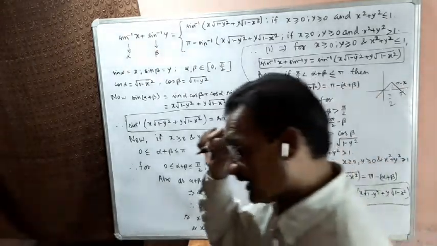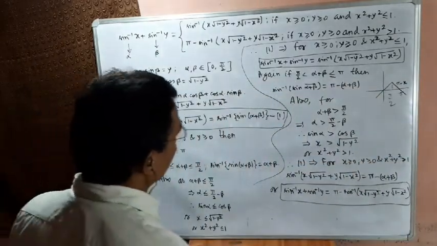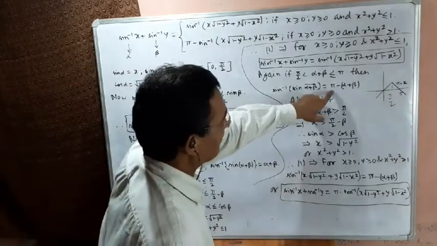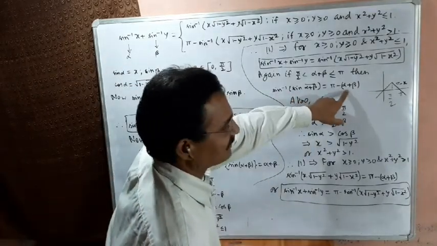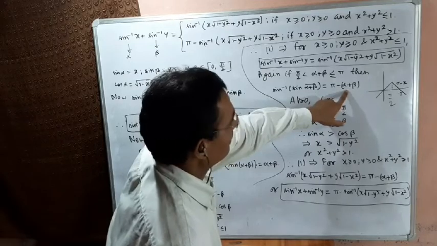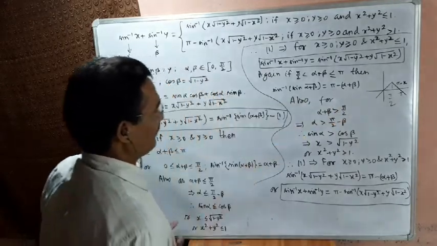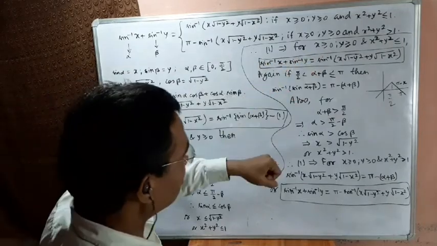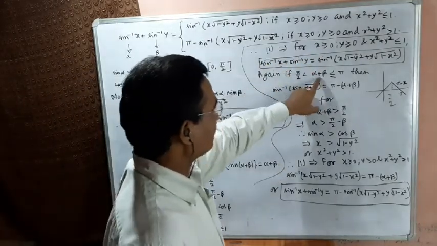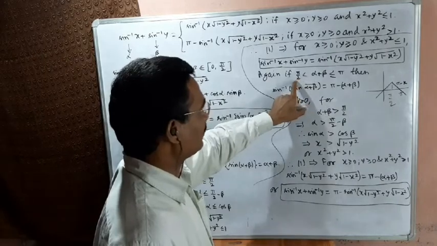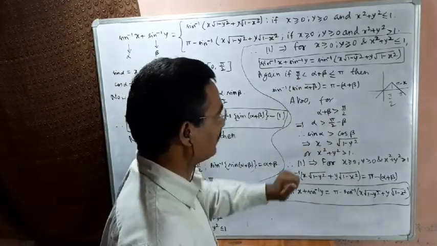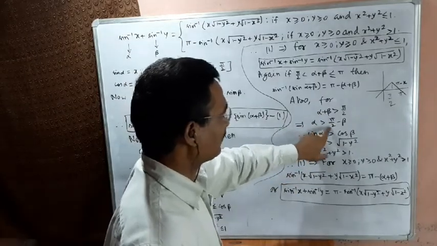Pi minus x, and therefore in this interval, sin inverse of sin of alpha plus beta will be pi minus x, that is x means alpha plus beta here. So pi minus alpha plus beta. Now x square plus y square greater than 1. For this, this time alpha plus beta is greater than pi by 2. Pi by 2 is smaller than alpha plus beta, that is alpha plus beta greater than pi by 2. This implies alpha greater than pi by 2 minus beta.